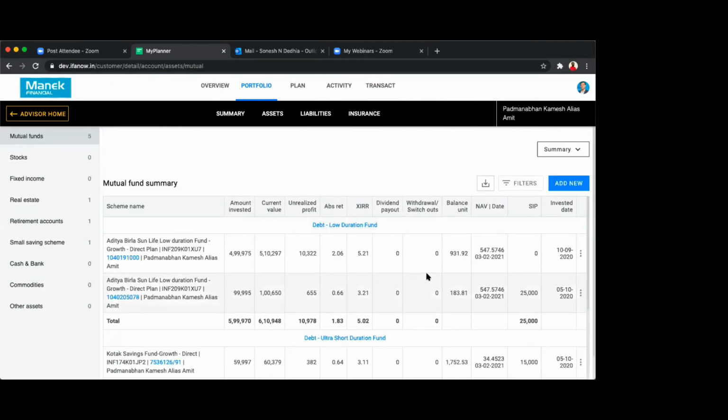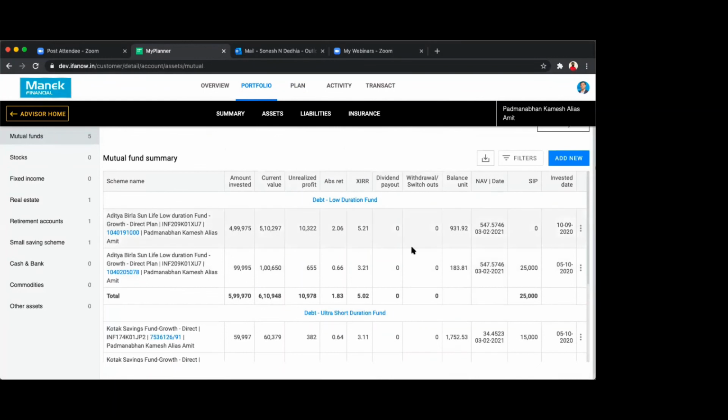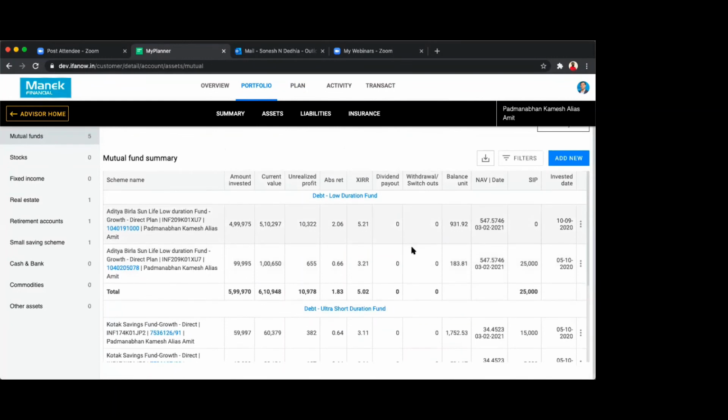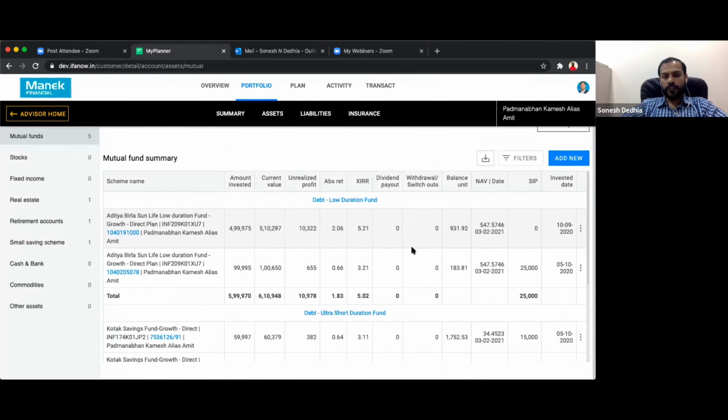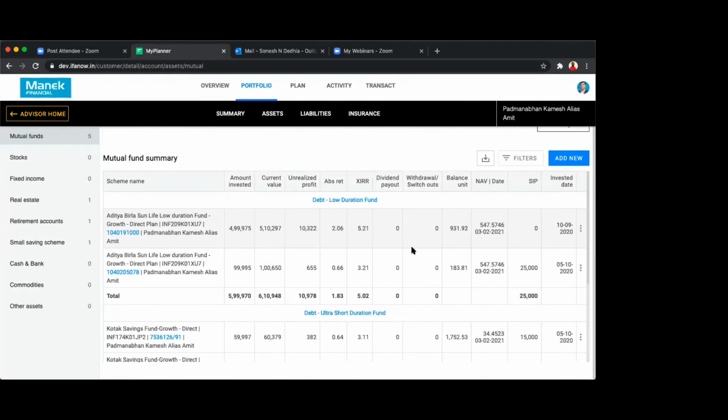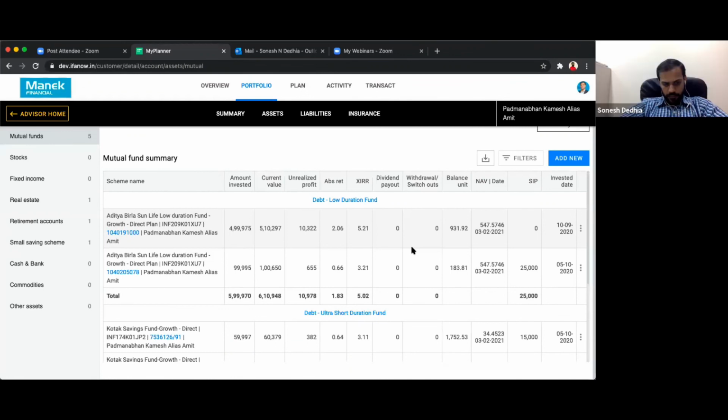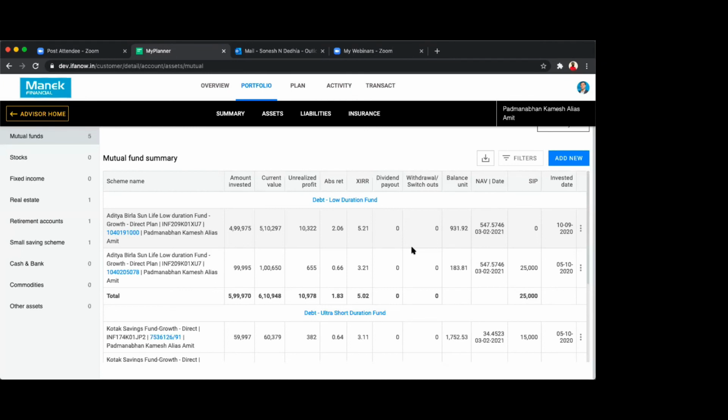So in this, if you see, there is a dividend payout, but there is no dividend reinvestments option. So the actual amount invested is misguiding. Unless you come to know what is the dividend reinvestment amount in this particular fund, calculation of return is not proper, and that is misguiding.